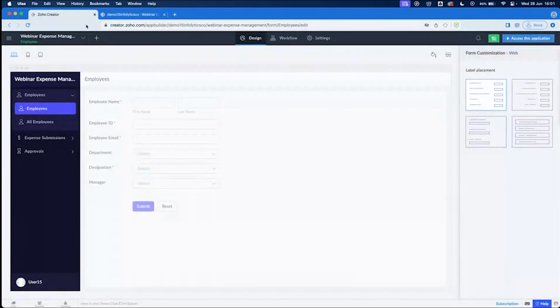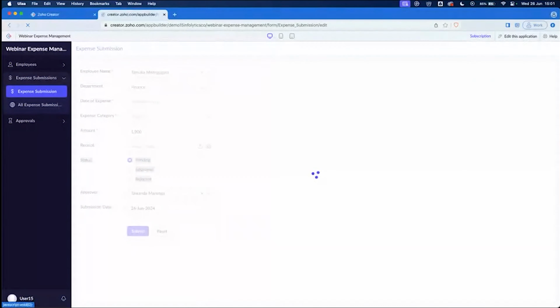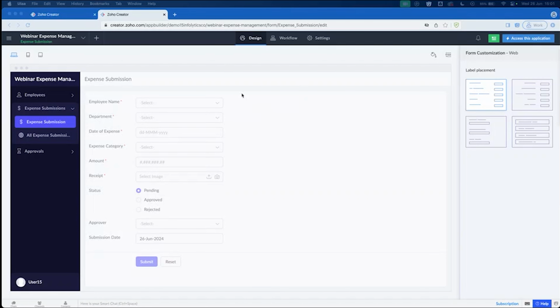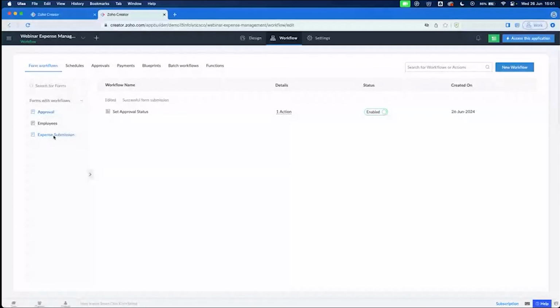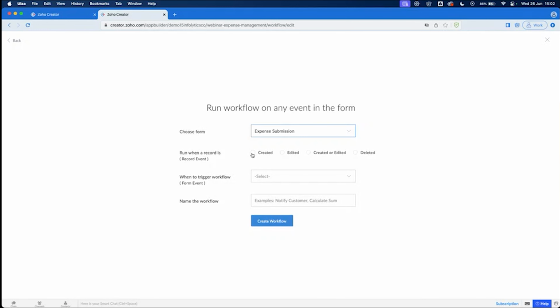So in order to do that, we will go back to edit this application. Okay, and then we go to Workflow again. And then this is going to be on expense submission again. So under expense submission, what we'll then do is create a new workflow. This time we're only using the created option because we want this email to be sent the first time the submission